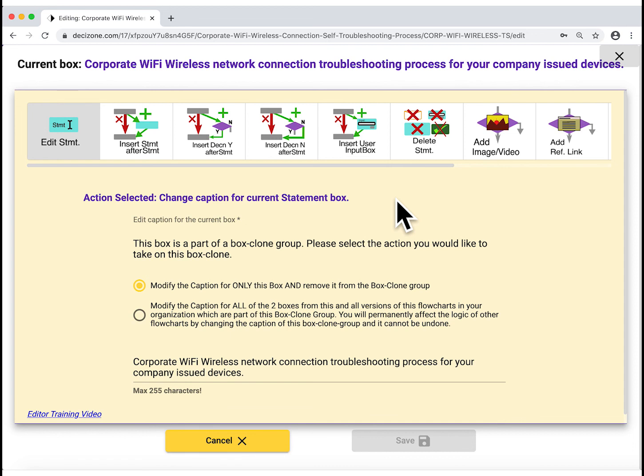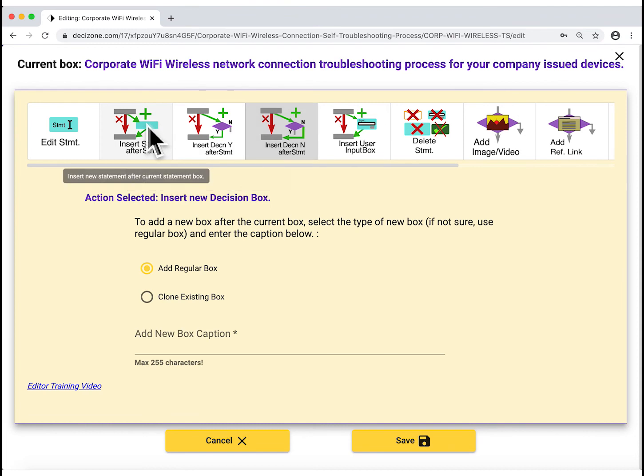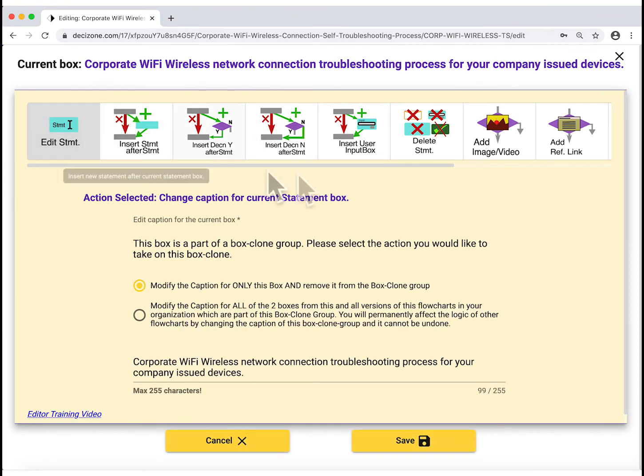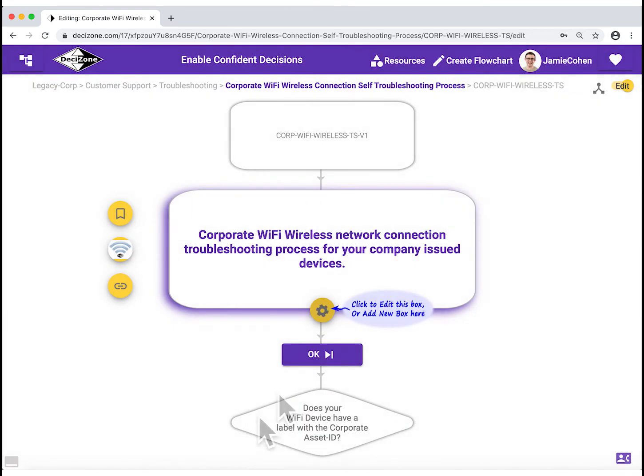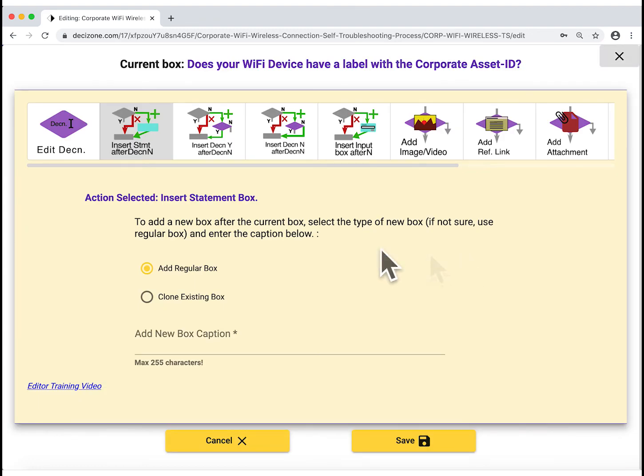The Flowchart Editor has a few unique strengths by design. First, all of the editing functionality is available even on your mobile phone browser. This allows you to easily edit flowcharts on the move and maybe even by leveraging the dictation features of your phone's keyboard. Second, the editor allows you to make changes only to the current box, which is the box in the center layer. So you can navigate to the appropriate box and then click on the yellow gear button to make changes to that box.